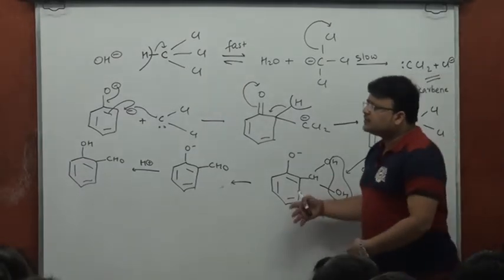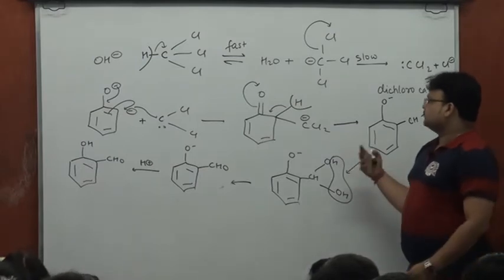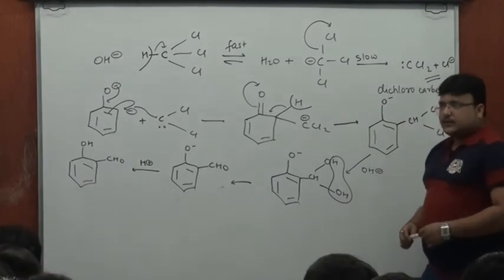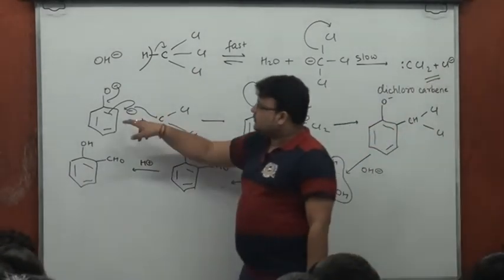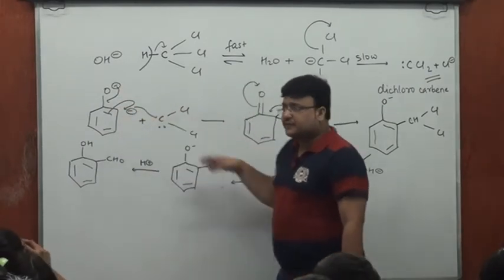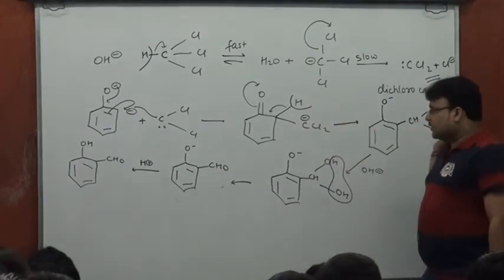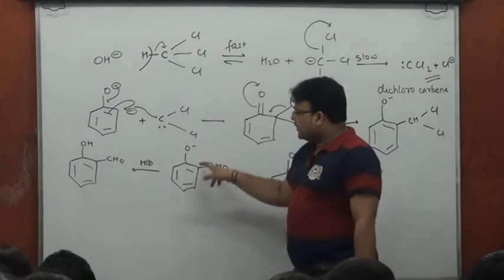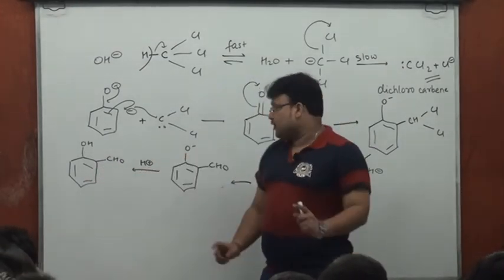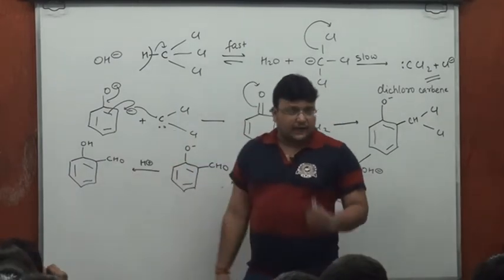Good for you. You also want to particularly relate to where and why I have put a negative sign, why I have made it neutral at some point. When this negative comes at the ortho position in one of the resonating structures, that goes to this carbon, so it becomes negative here. It catches hold of H plus. I have made it neutral now, and finally, it would need slight acidification to become the neutral molecule. All right. I repeat, had it attacked the para position, you would have got the para isomer of salicylaldehyde.